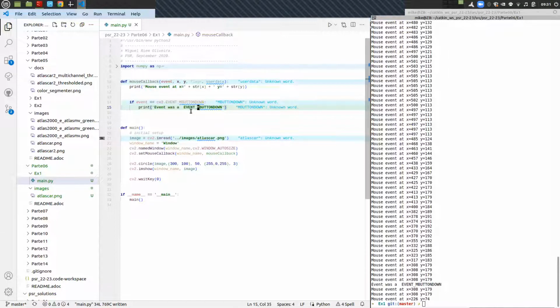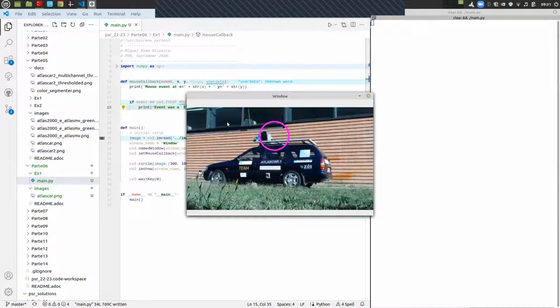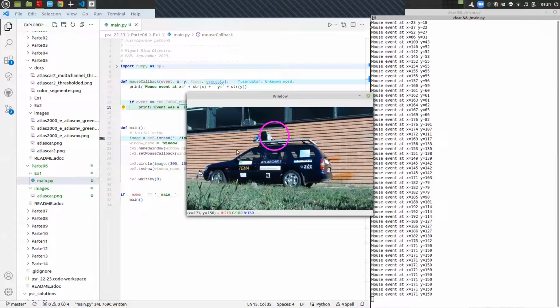This M is the middle button down. So that's the middle button of the mouse. Yeah, L, better. Thanks. So now if I press the left, it's